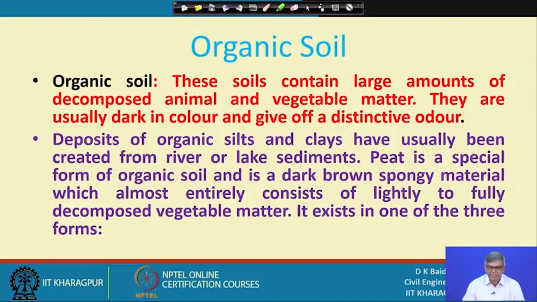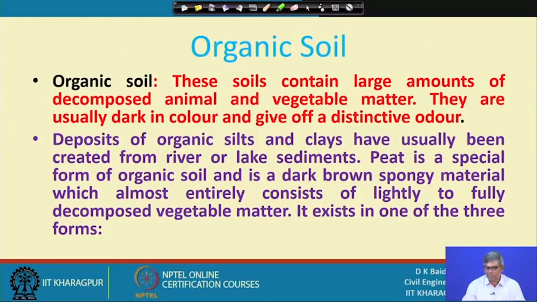Deposits of organic silts and clays have usually been created from river or lake sediments, because if it is deposited in the water, then this will be converted into some organic silt and clay type of material if it is there for a long time. Peat is a special form of organic soil and is a dark brown and spongy material, which almost entirely consists of lightly to fully decomposed vegetable matter,